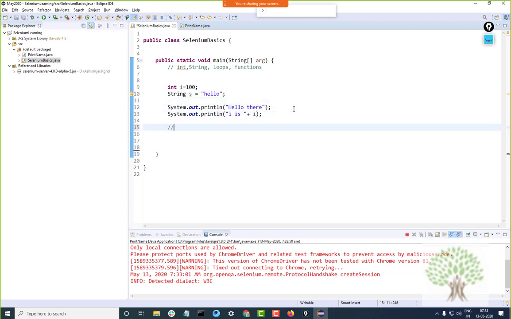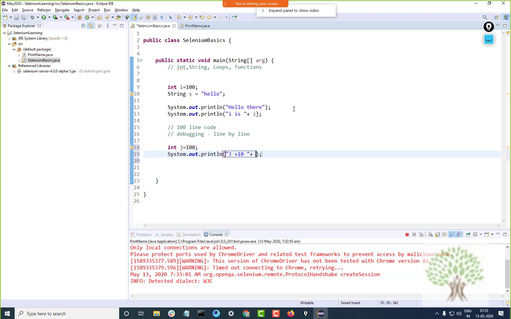Suppose you have written 100-line code and you really don't know where the error is happening. So debugging helps us over here to run the code line by line. For example, I write int j equals 100 and I print j plus 10.